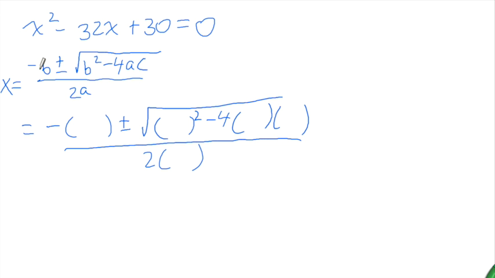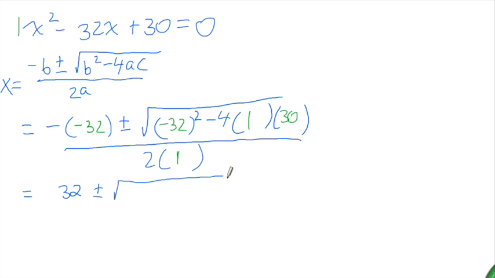So let's see here. B is this negative 32. So we're going to put negative 32 here and here. A is 1. There's just a 1 sitting in front of that x squared. C is the last number, 30. And then A again is just 1. So let's see. This becomes positive 32 plus or minus the square root of, I'll use my calculator for that part,